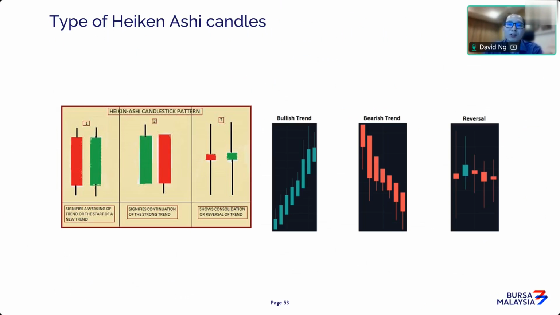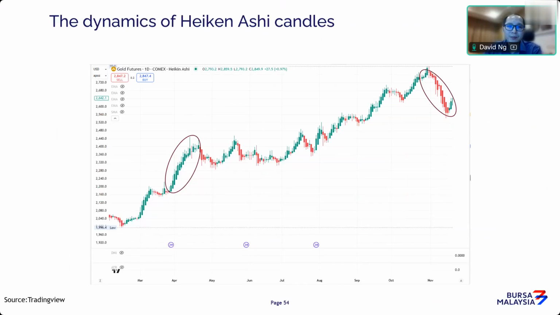So, very important to take note. If you are holding a long position and you start to see the bodies of the candles get smaller and the appearance of red candles, even doji-type candles, that generally tells you the uptrend is probably going to peak at that point in time. So if you're holding a long position and you start to see this type of candle, you should be out of the market. Now, just to show you the dynamics of it, as you can see, these green bars are getting wider in terms of their body. That tells you this uptrend is getting stronger.